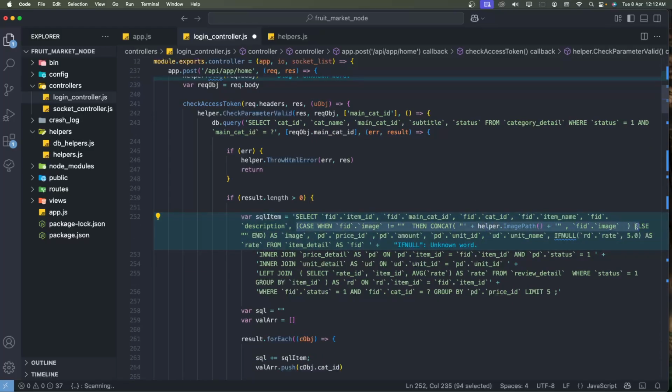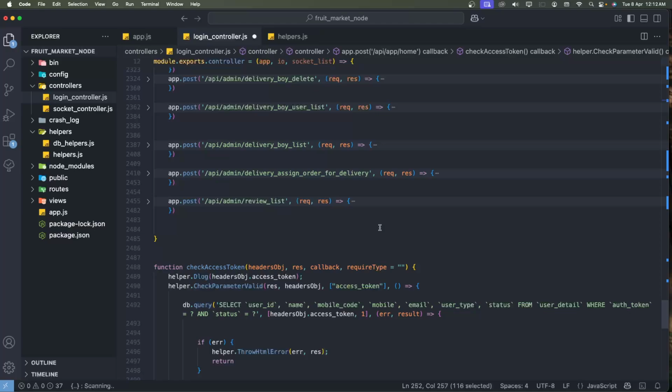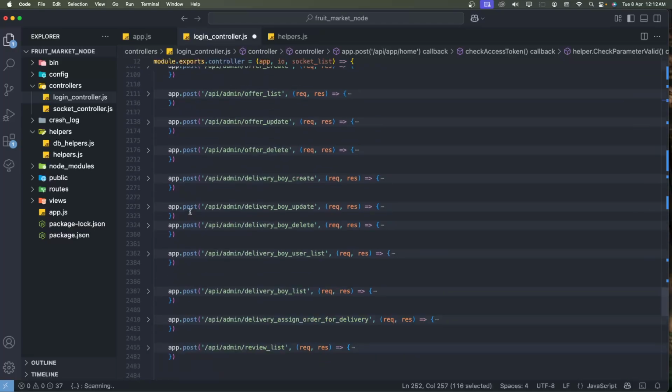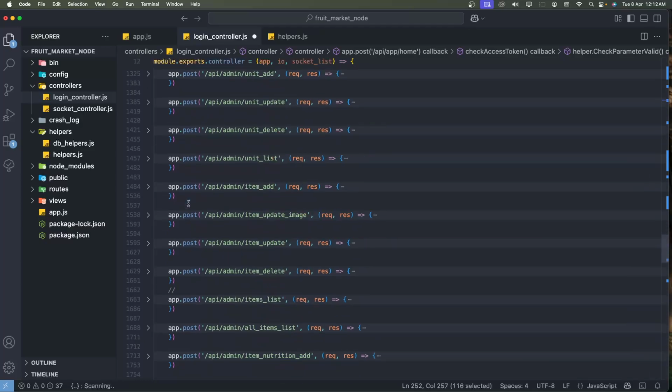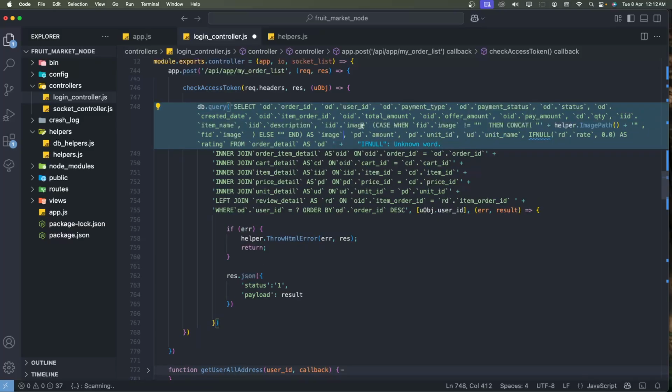We need to copy these else parts for the image, apply it, paste it here, set the key name, change and remove. Now the API updates are done,